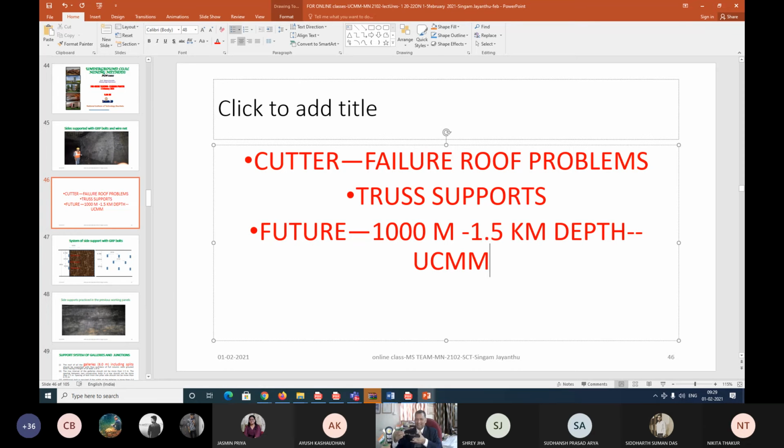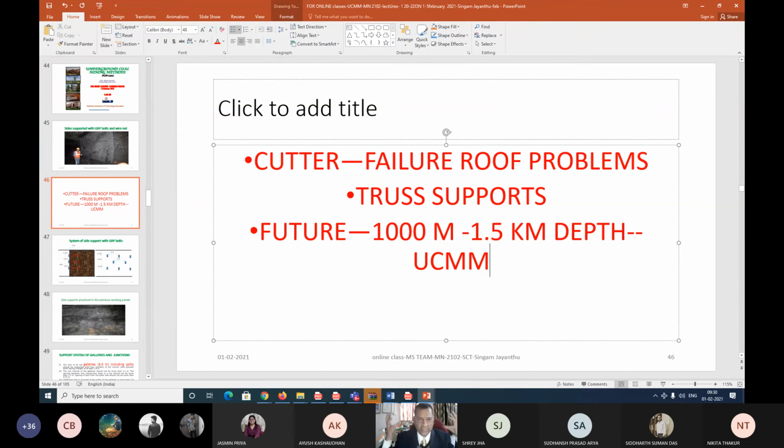Now just consider that this is a tie rod in the roof and this is all connected, and it can be tensioned. Now just imagine, my beloved students, when tension is given, what will happen? I have a bolt, already a horizontal bar tie rod, and I can give tension to this tie rod and to the bolts. Then I can keep all this material in the roof under compression.